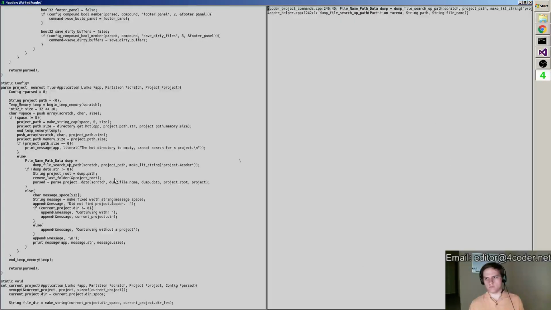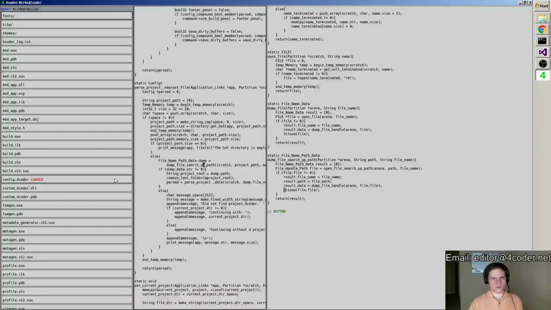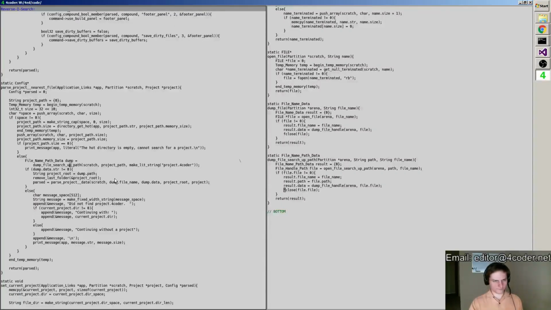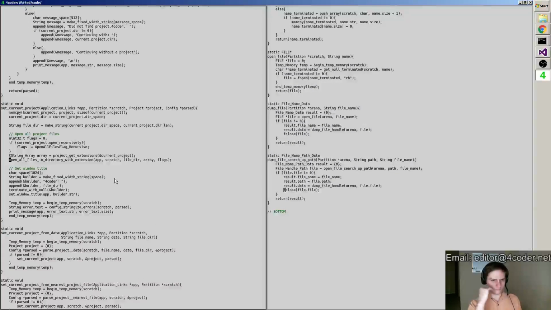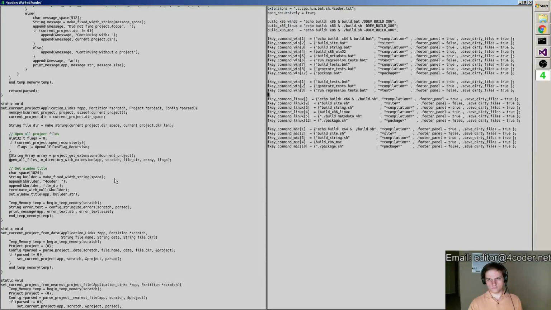Maybe I misimplemented this? Oh yeah, it closes the file right there. Hold on a minute. Yeah, so it includes that 4coder in the list.